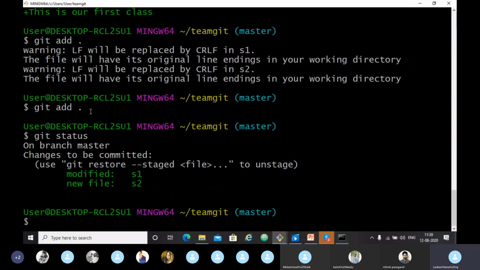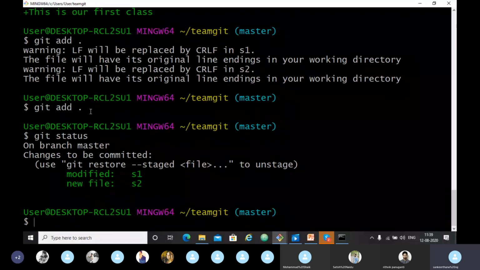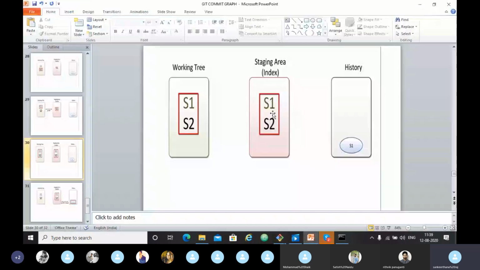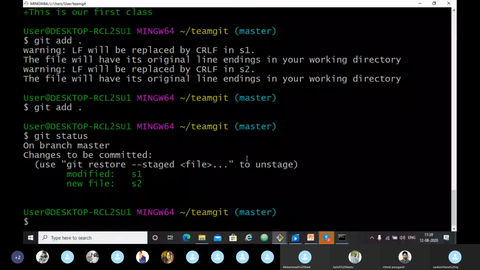Okay. Now let's commit our second file S2. We haven't moved our S2 file into the history, right? We haven't made our second commit. So it is git commit, add S2 and edit S1, because we have edited our S1 file, right?